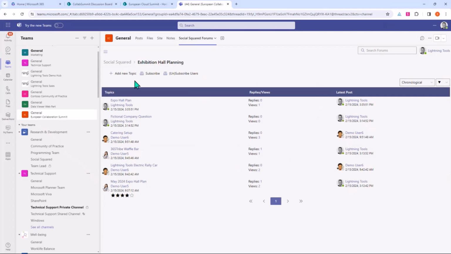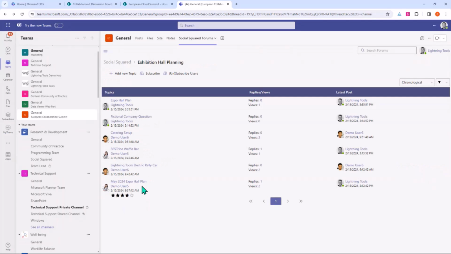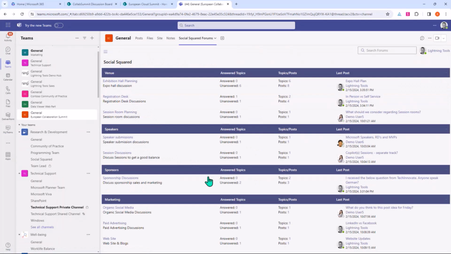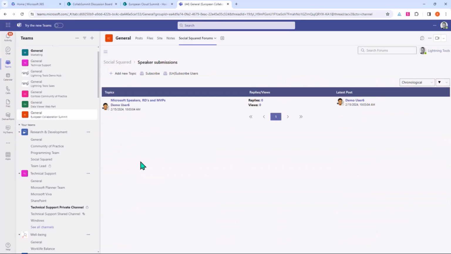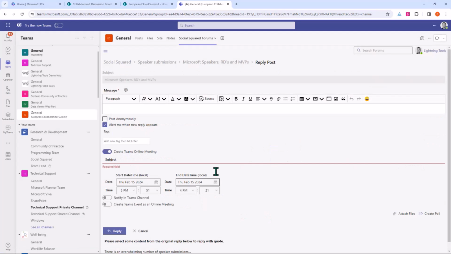available here, plus more. So when I go to add a new topic, you'll also see some specific Teams integration, so just creating online meetings and so on. So it might be that we're discussing something, going back and forth, unable to reach an answer. So what we could do is simply go in and suggest a meeting. So we can reply to this and create an online meeting,